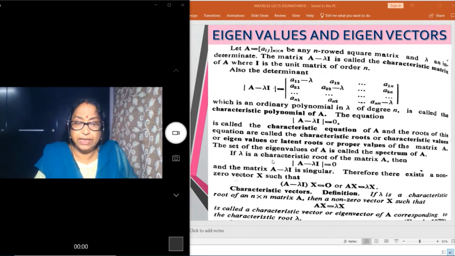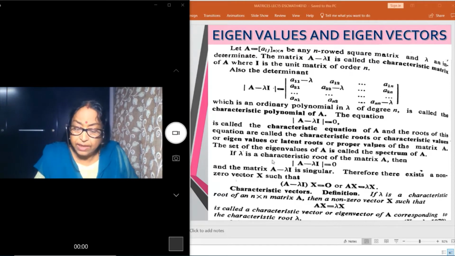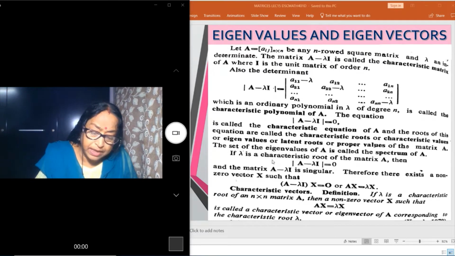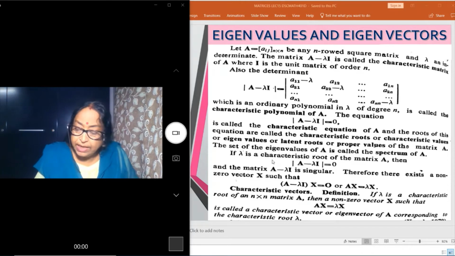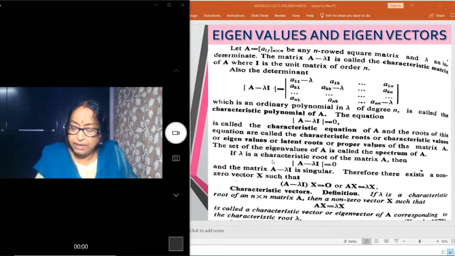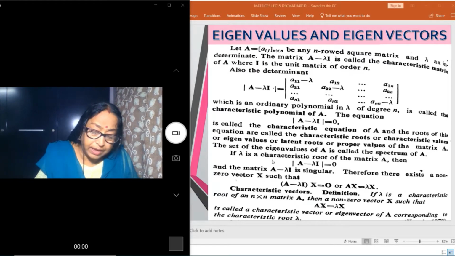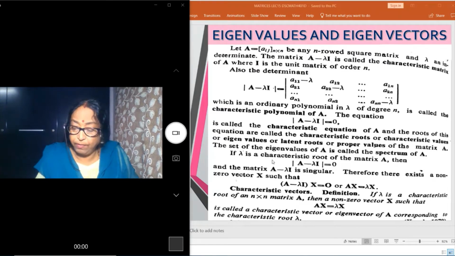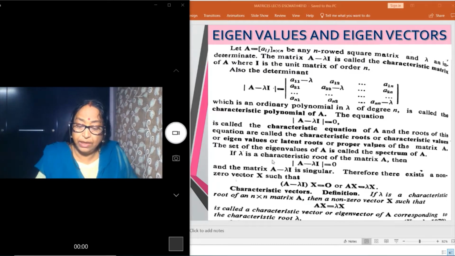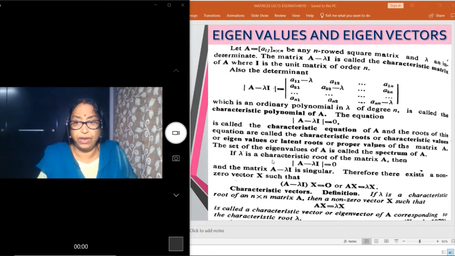Let A = [aij]n×n be any n-rowed square matrix, and let lambda be an indeterminate. The matrix A minus lambda I is called the characteristic matrix of A, where I is the unit matrix of order n. Then the determinant of A minus lambda I can be written as